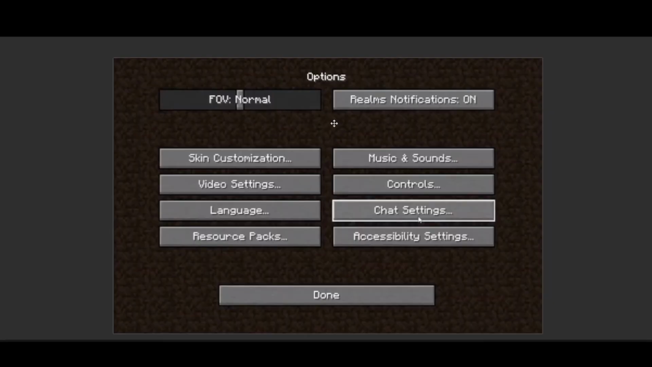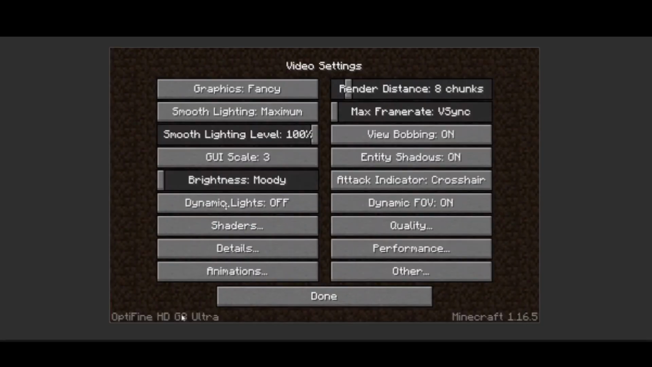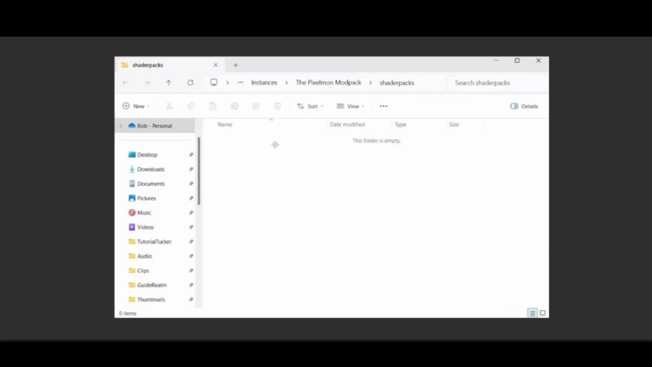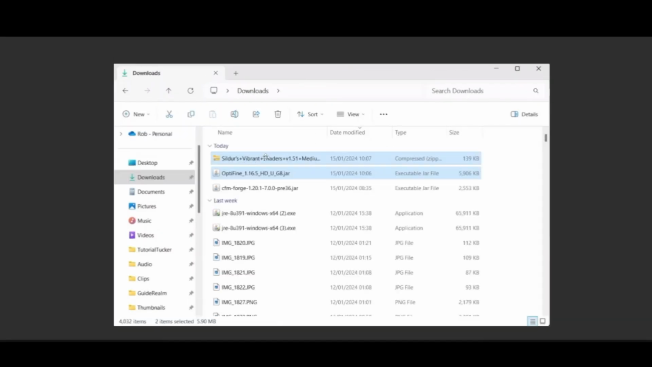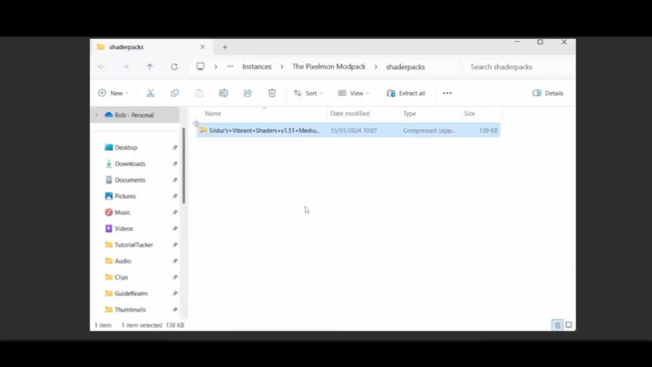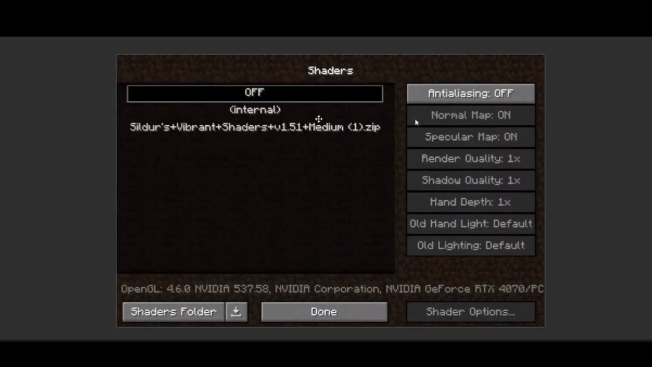In Minecraft, open up the options or settings and then go into video settings, where you can put your shaders. So go ahead to the shaders over here and then press on the shaders folder, where you can go ahead and paste the shaders pack that you downloaded. So go back to your Sildur's Vibrant shaders, or whichever shaders you chose, press and copy and then paste it over here. So it's gonna look something like this,